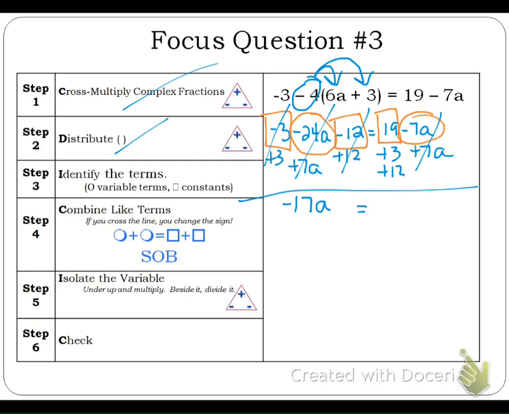Alright, now we have a 19, a 3, and a 12 that we need to combine all together. Those are all the same signs, so that shouldn't be too bad. I maybe would group my 3 with my 12 because I know that 3 and 12 is 15. And then add my 15 to my 19. You can go any direction you would like, but that seems easier to me. So 15 plus 19